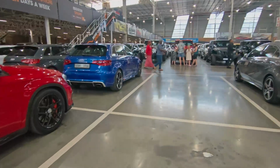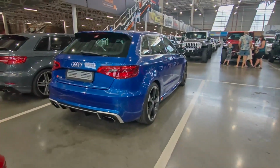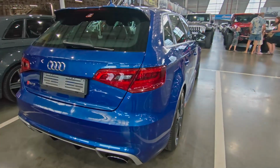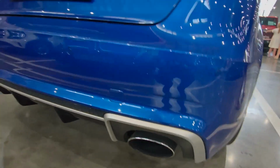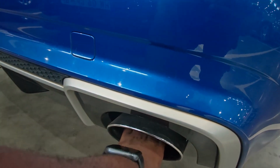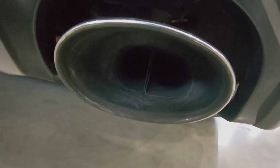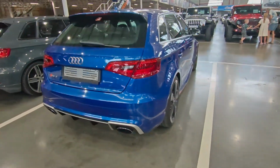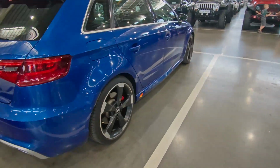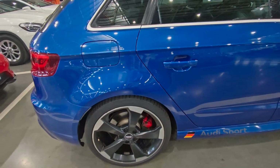Okay, so moving on, I actually saw something special, guys. Yeah, this car is very special. This is the Audi RS3. Look how big that exhaust is. I had to check to see if it's real, but you can see it's real. This car is a very special car. If you are buying this type of car, I would advise you to do a proper